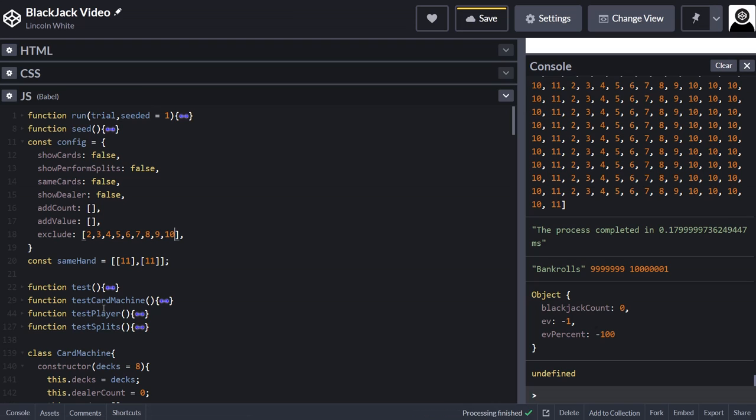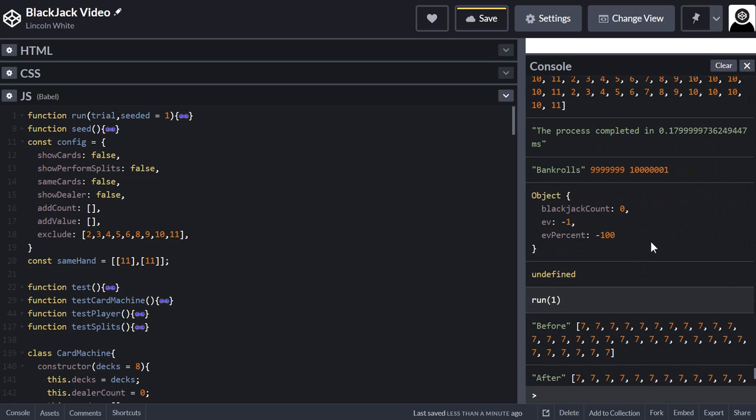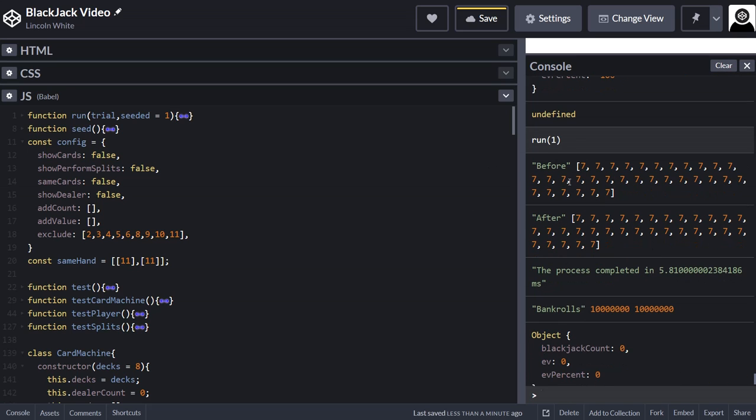And let's exclude 10s. Alright, let's just go over the top. Let's exclude everything apart from 7s. Alright. So we should just have 7s. As you can see, before, after. Okay, so that worked. So now we want to add